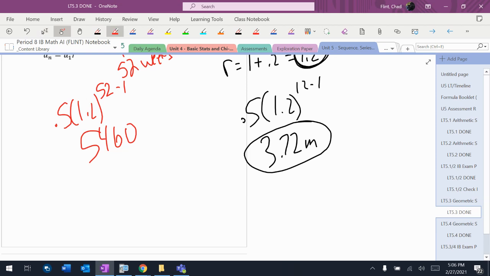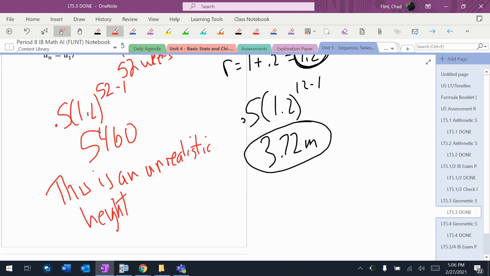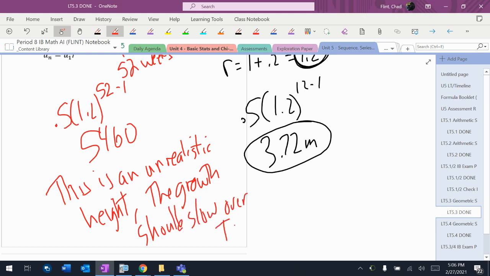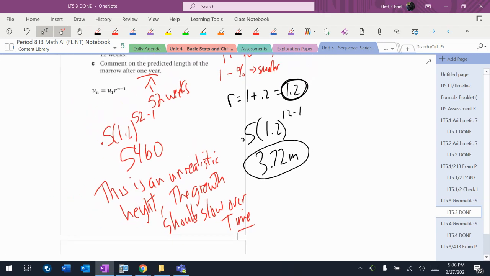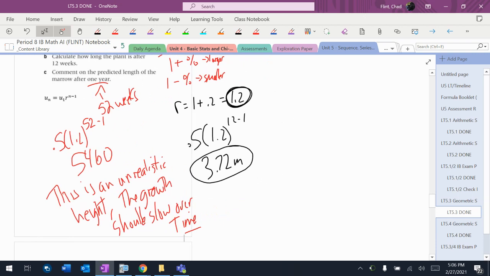Okay, so it says comment on it. I would say this is an unrealistic height. The growth would stop eventually. The growth should slow over time. Because it says the word comment, I should comment on something. It's not going to get that tall. It's 3 miles tall, which is taller than mountains. So we don't just want to say that it's definitely going to be